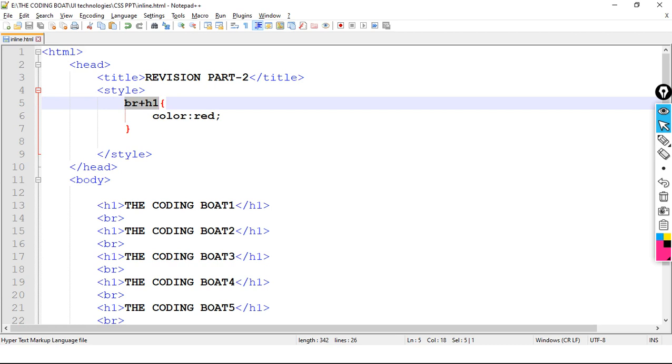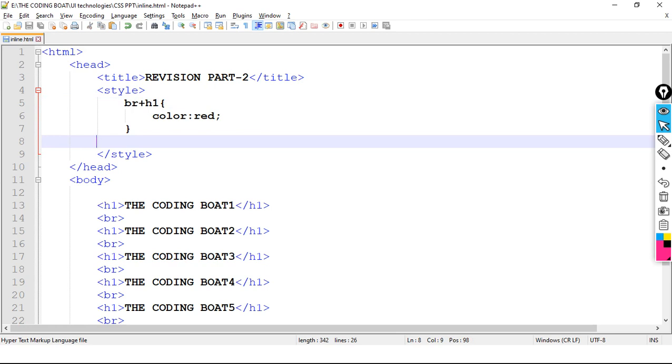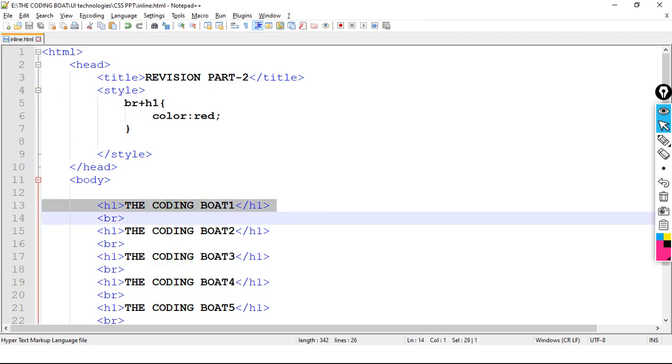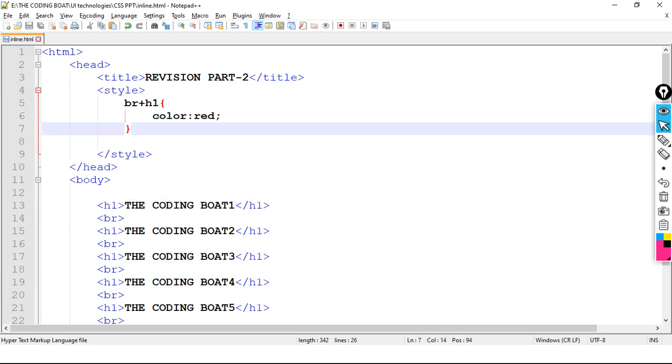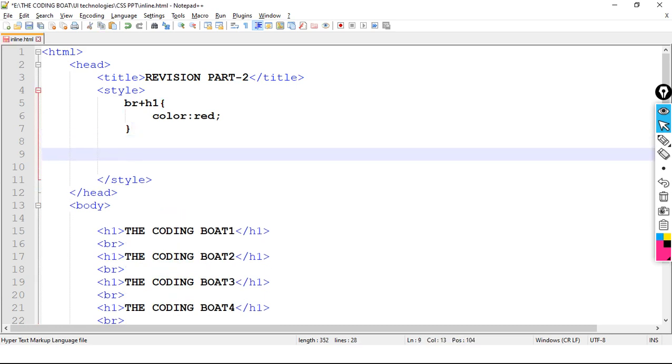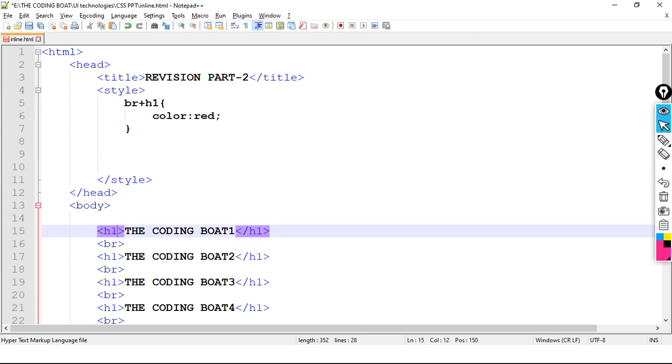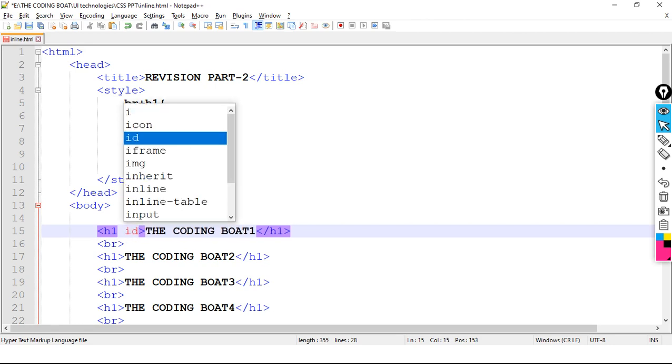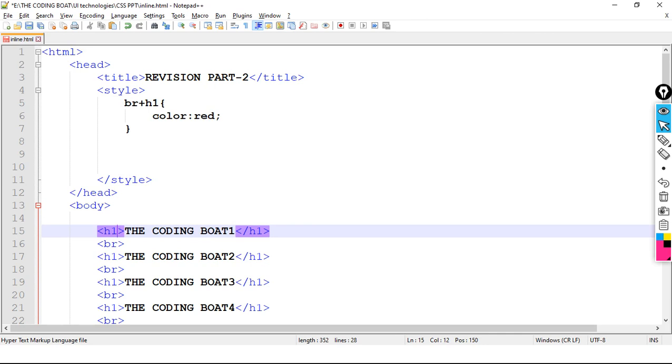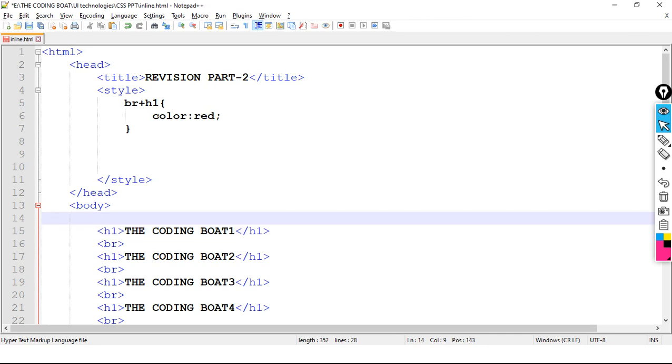Okay, now let's assume we want to decorate this particular heading, okay, at line number 13. So what we can do, here we can simply write br.